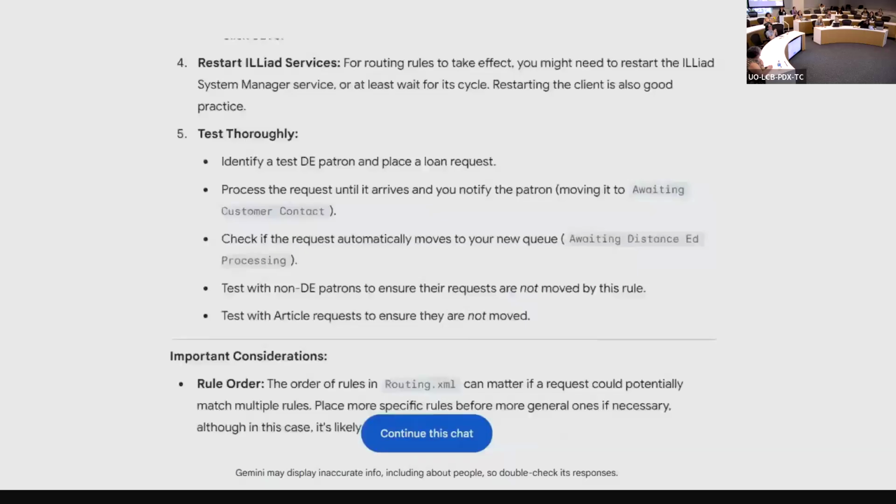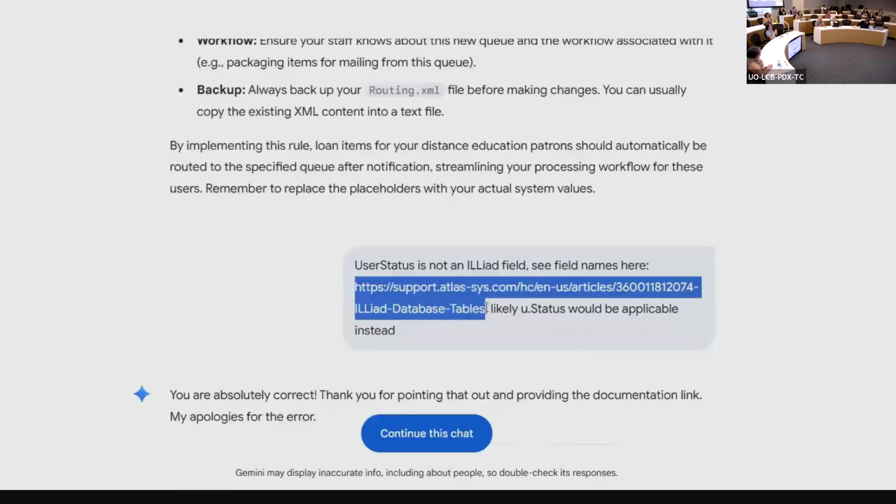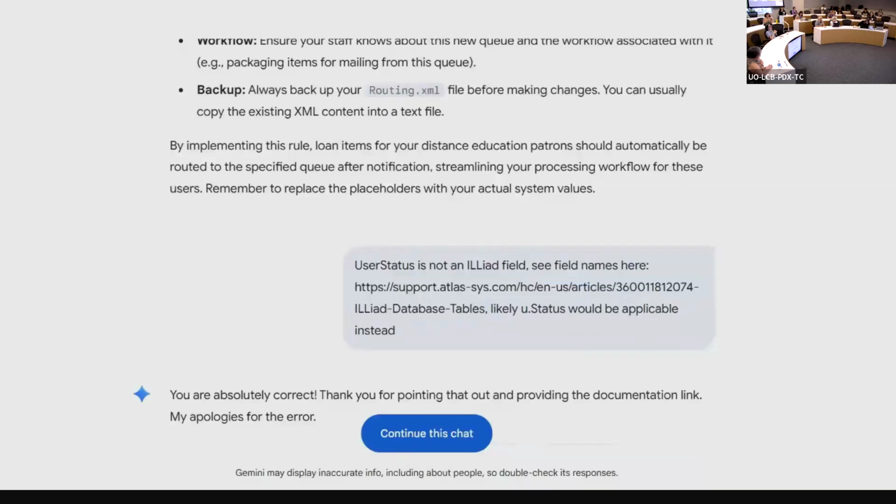That is not a field used in ILLiad. So I let them know user status is not an ILLiad field. I provided it with some documentation about all the field names that are found in ILLiad database tables, and then told them which one I think is most likely correct instead.